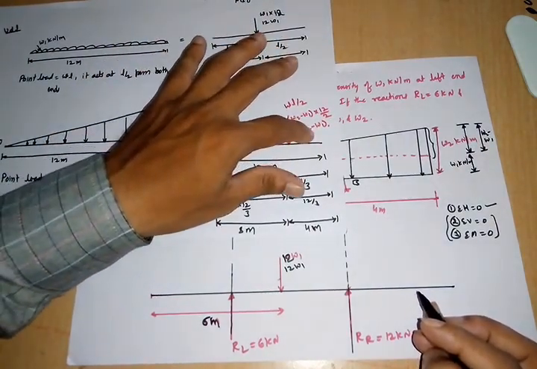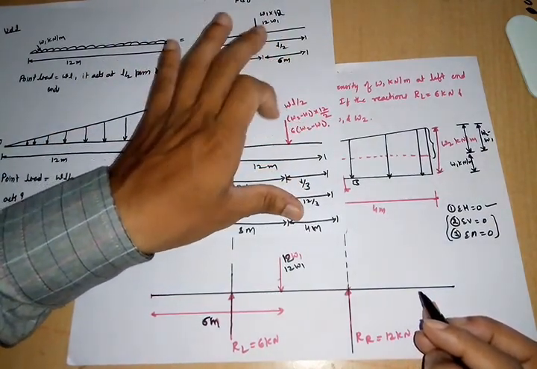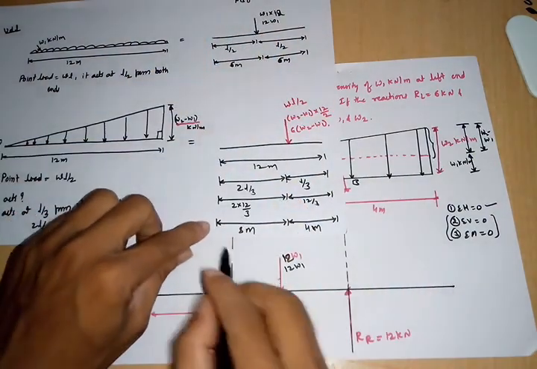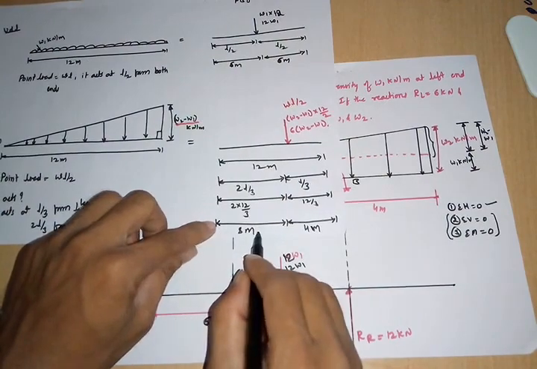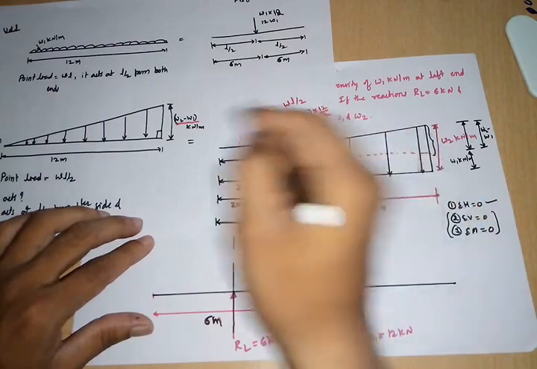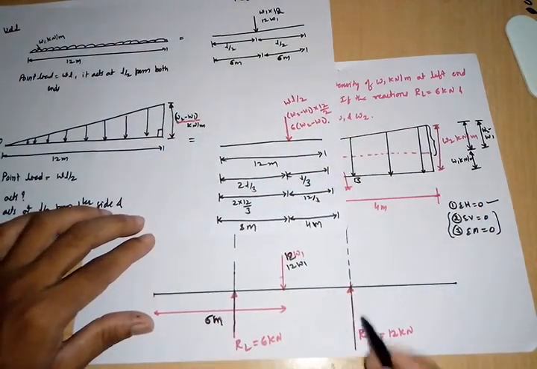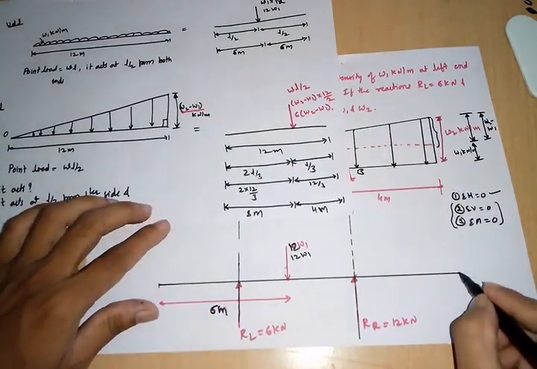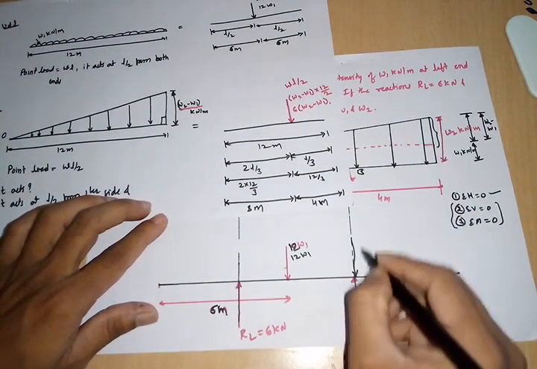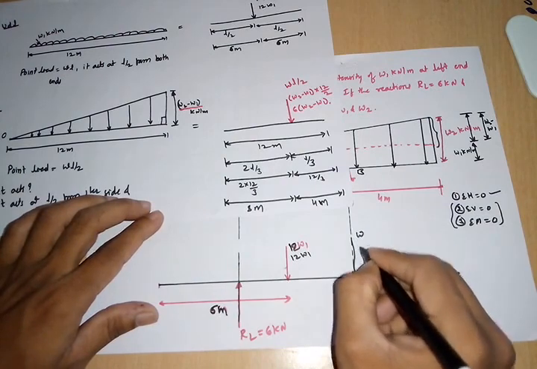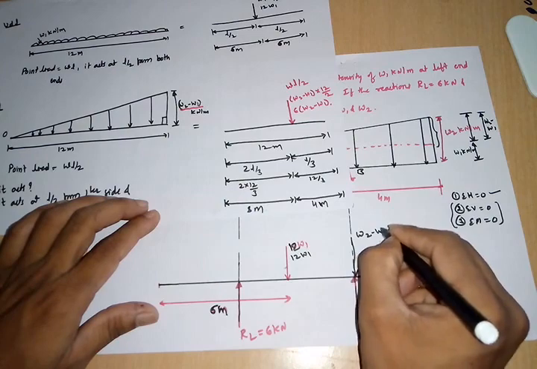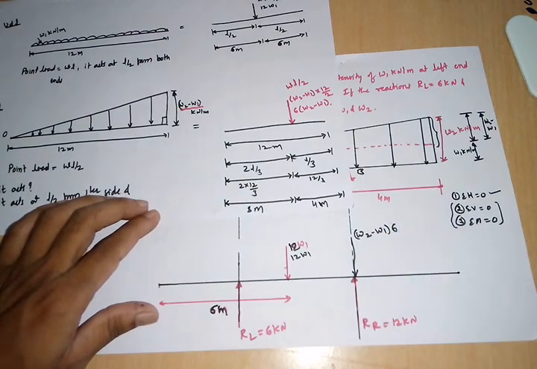6 W2 minus W1. The magnitude of the UVL is 6 W2 minus W1. And where is it acting? It is acting at a distance of 8 meter from the left end and at a distance of 4 meter from the right hand. Let us draw it from the right hand. So right hand is this one. From here it is acting at a distance of 4 meter, that comes exactly over the supports. So here it is W2 minus W1 into 6.